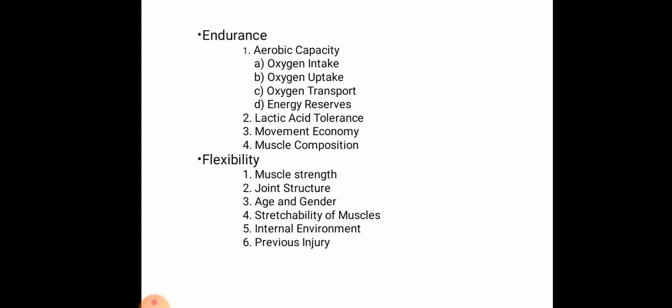Joint structure: there are various types of joints in the human body. Some of the joints intrinsically have a greater range of motion than others. For example, the ball and socket joint of the shoulder has a greater range of motion in comparison